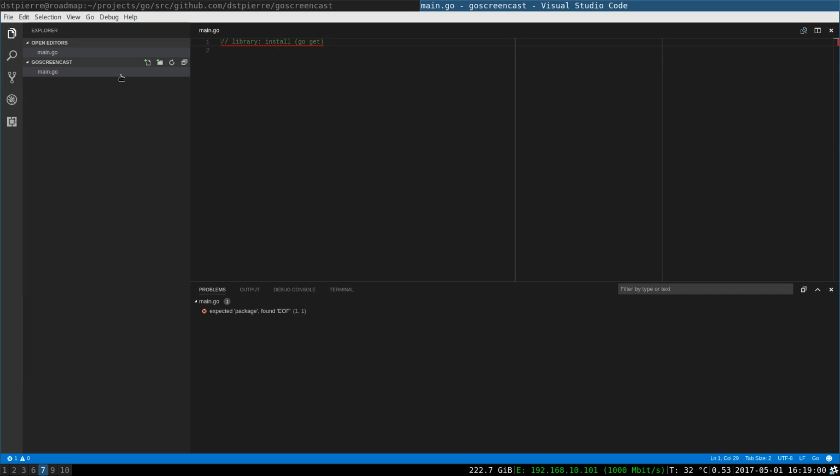Once you have a library, let's imagine that I have a library and you want to use that. You would do go-get github.com if my library is hosted on GitHub, and ABC, for example, if my library is named ABC. This is how you would install that into your Go path.